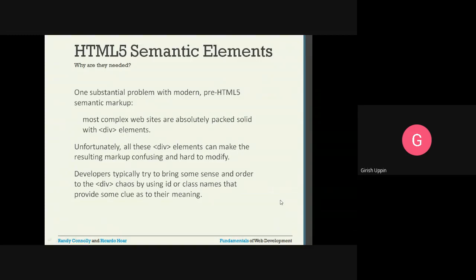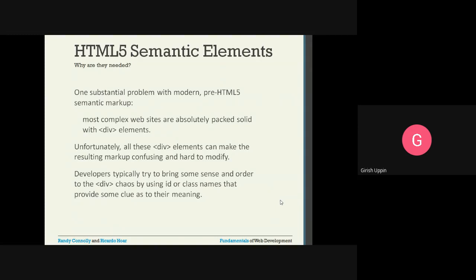Unfortunately, all these div elements can make the resulting markup confusing and hard to modify. Because we have used so many divs, it becomes very difficult to understand, and if you have to make a modification, that is difficult too. Developers typically try to bring some sense and order to the div chaos by using ID or class names that provide some clue to their meaning.